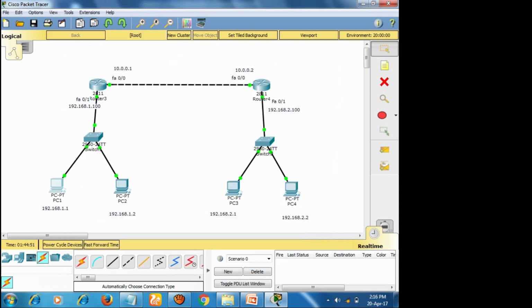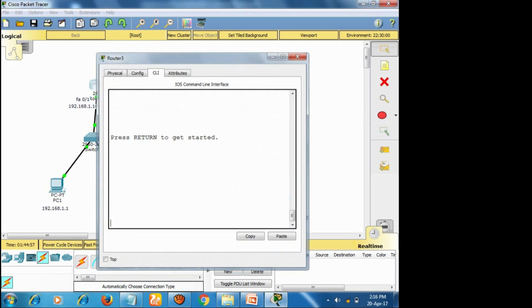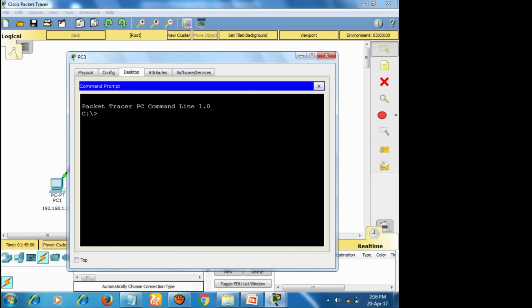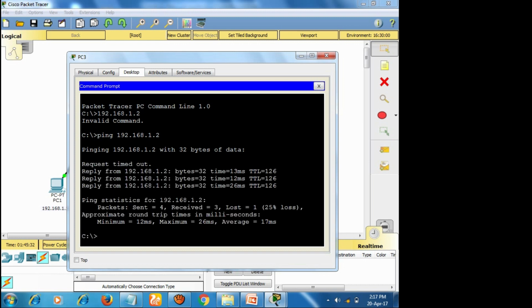So now what I'm going to do is deny the services. For an example, look at here, if I ping from 2.1 to 192.168.1.2, I'm getting a connection, but I want to block it.